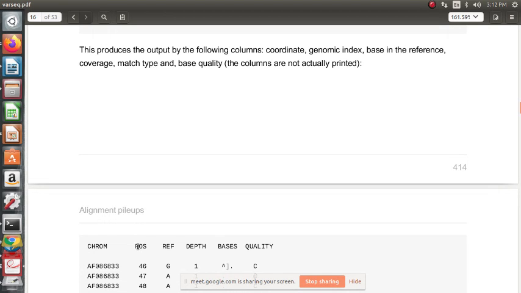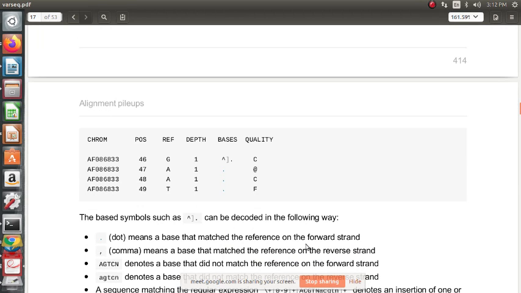Second column, the genomic index position, and the third column is the reference base, and then the coverage or depth, and then the base match type, and then the base quality. So base quality, don't confuse it with bases. Obviously C may be cytosine if we intermix with bases, but F is not a base. This is a quality.